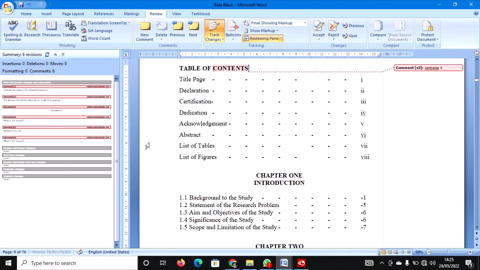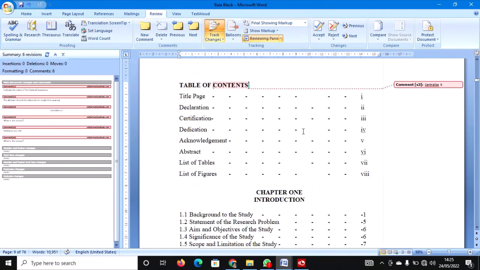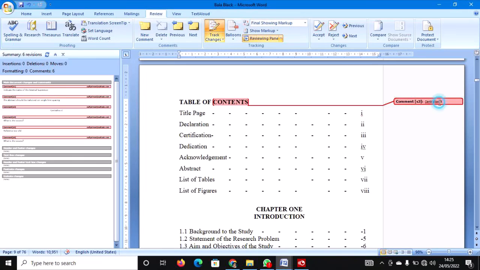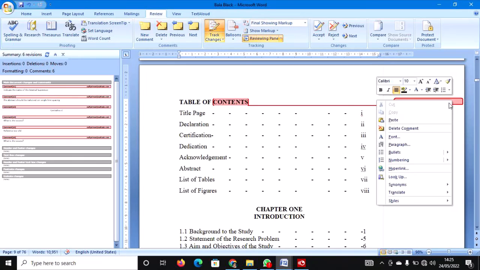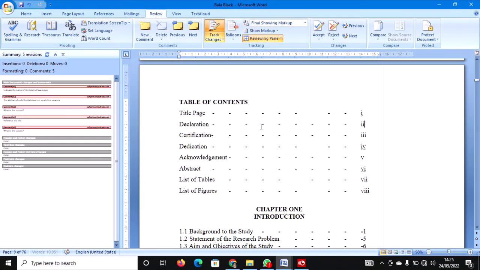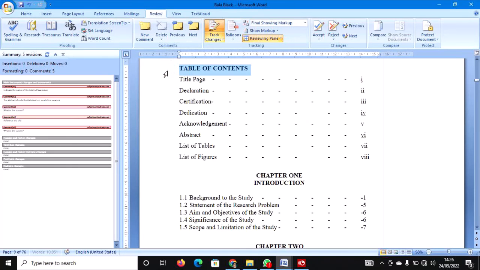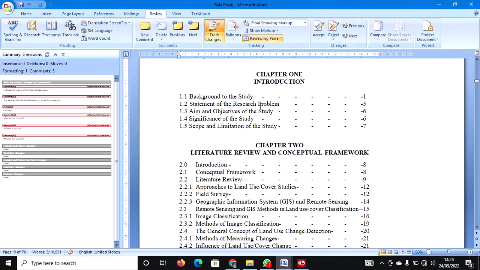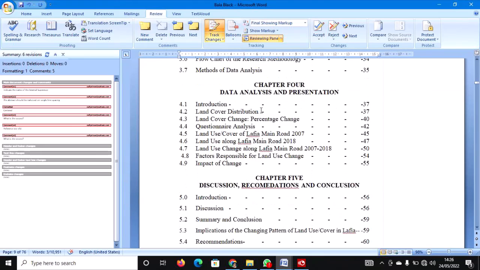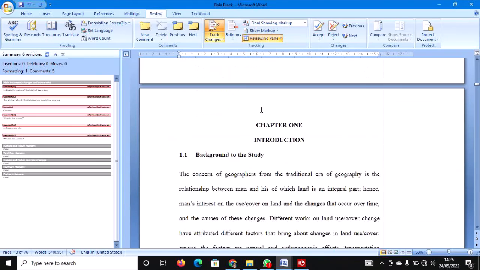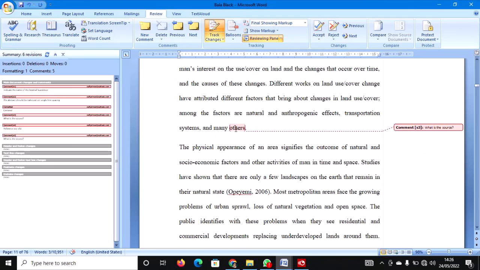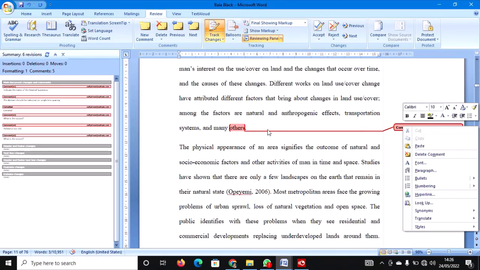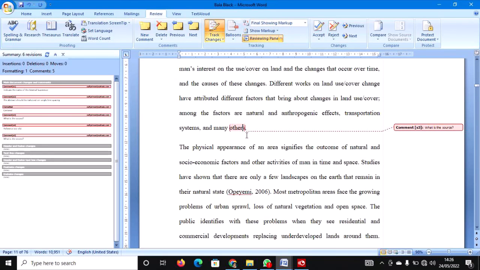Just click. Now you just go to your comment where there are comments. Now you follow the comment and do the necessary thing, like this one that is asking us to centralize. But every other change has been handled. This one you do what you are requested to do, and then you delete